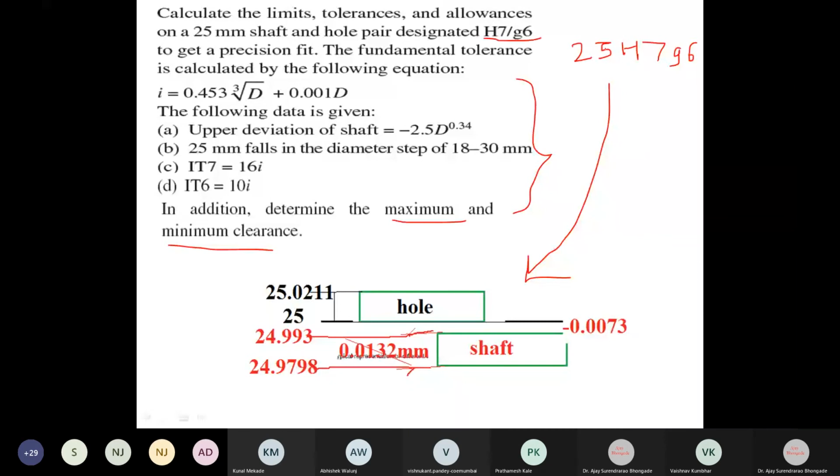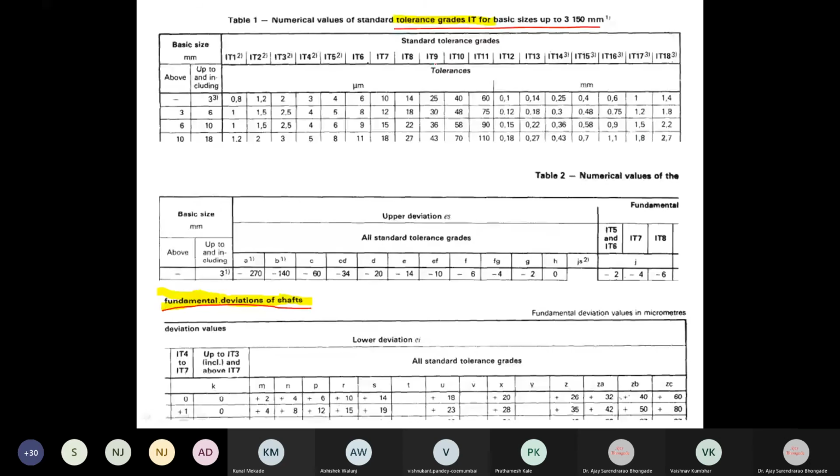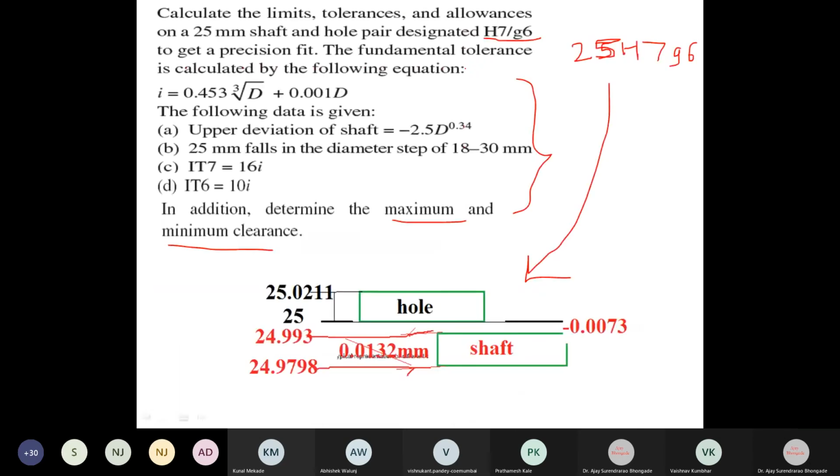But in industry, all these things are not given. We have to work out the values of H7 and G6 using these tables, right? What we had seen in the tables: the first table indicates the tolerance grade, that is for IT. If I want to work out the value of 7, in this case IT7,